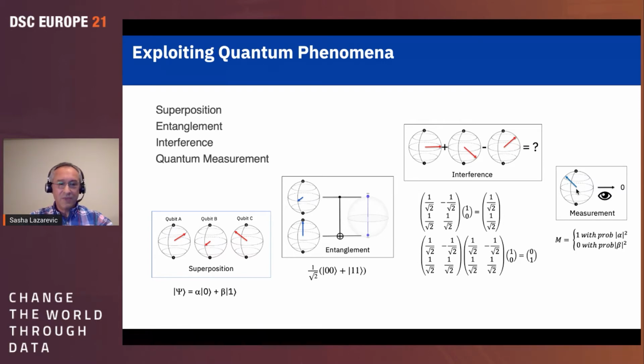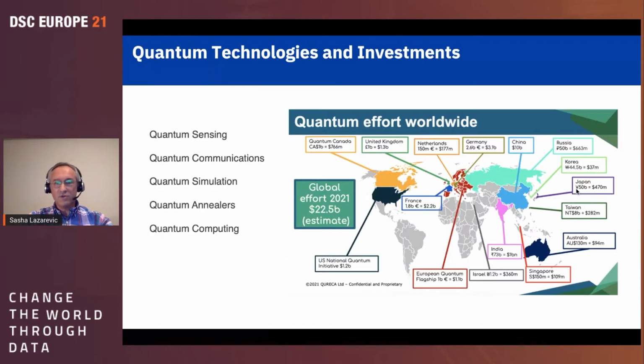So these are four quantum phenomena that were discovered quite some time ago. There is a mathematical framework behind it which is called quantum mechanics. Why this is happening, nobody knows, but we have some mechanism to describe it. And also with quantum computers and other quantum devices, we have a mechanism to exploit it. So when we are talking about quantum computing, it is just one of them. There is also a host of other technologies like quantum sensing, communication, simulation, annealers, etc.